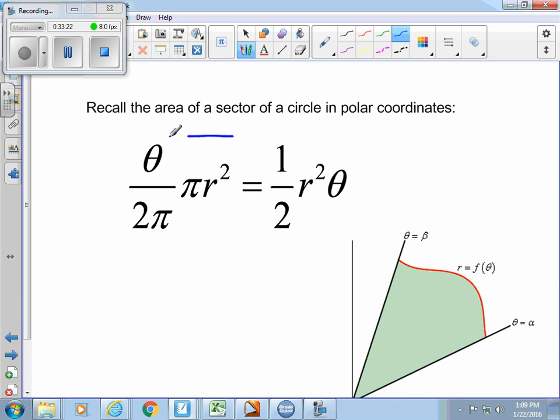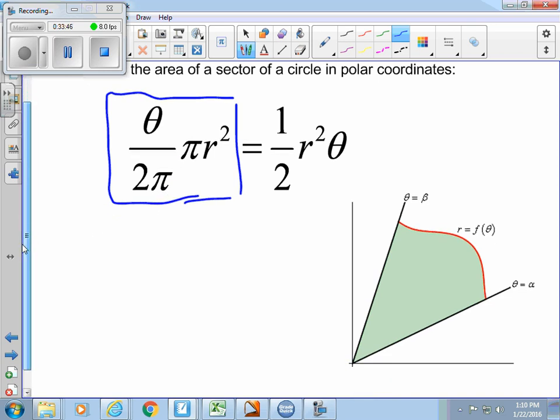Would you agree this is how you find area of a sector of a circle in general? Theta over 2 pi or theta over 360. You might remember a formula like that for the ACT. It does simplify down to this formula. Do you agree with that? So if the pi's cancel. If I want to find the area of a part of a circle, I would multiply 1/2 times the radius